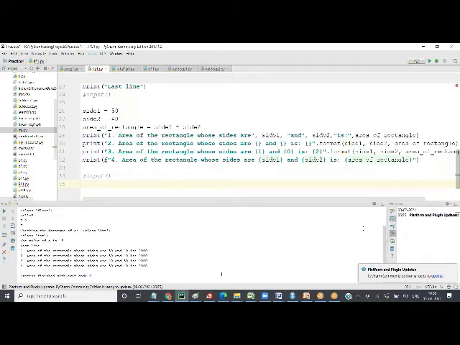Before that, if you look at the output at the bottom here, we see exit code 0. Exit code 0 indicates the program has run successfully. Process finished will be there when your program ends. If you do not see that, the program is still running. And when you see code 0, it means your program has run successfully as expected. There is no problem with your program. If there is some problem, you will not get exit code 0.